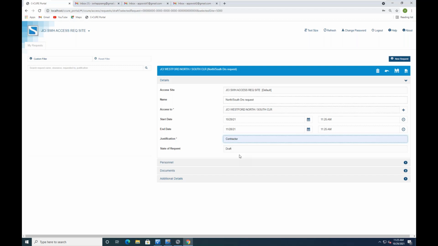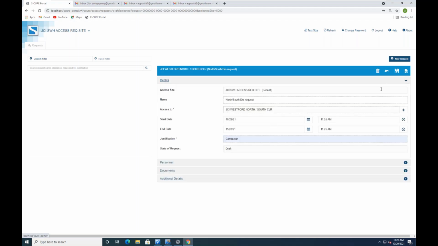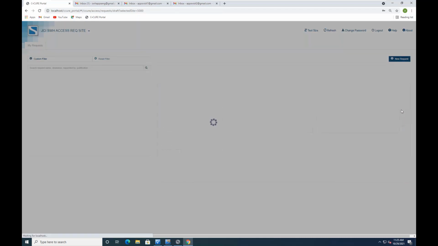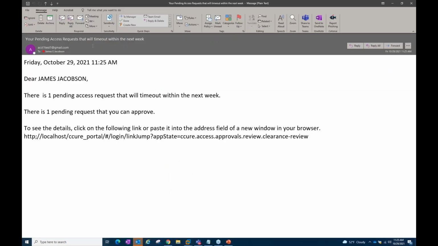So what's going to happen here is also you have the ability to attach a document. You have the ability to use custom UDF fields for information. But what's going to happen here is, because this is a multiple in order, I'm listed in that clearance as the first approver. So what should happen is I get an email, and here it is here at 11:25, notifying me that I